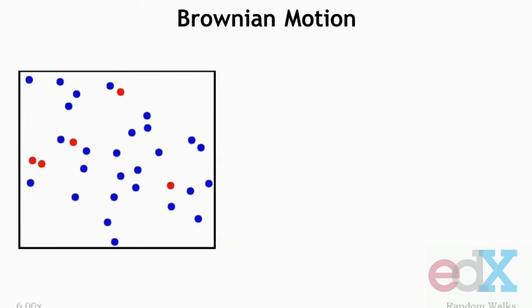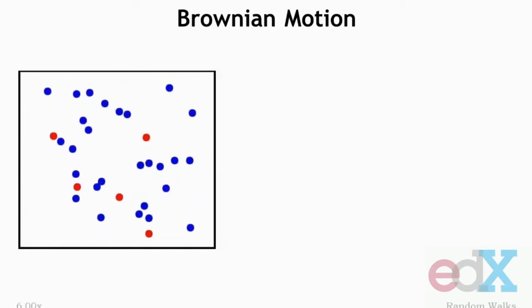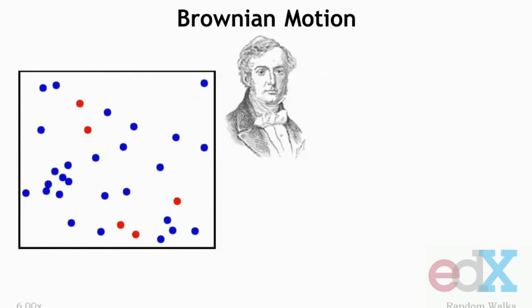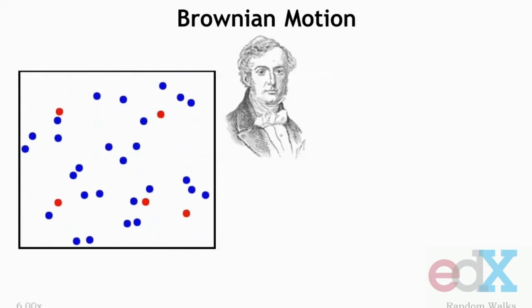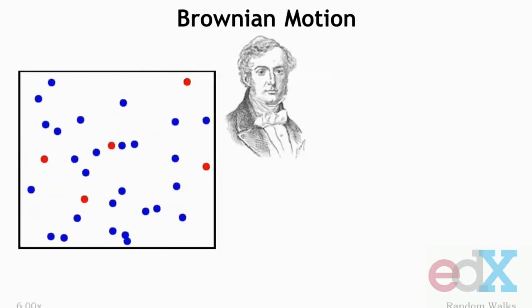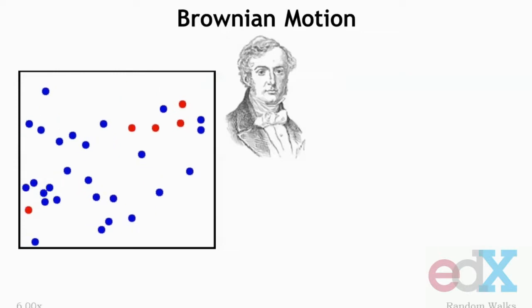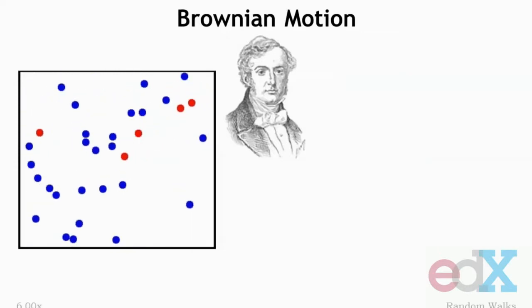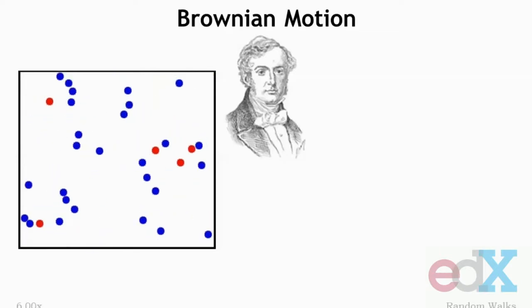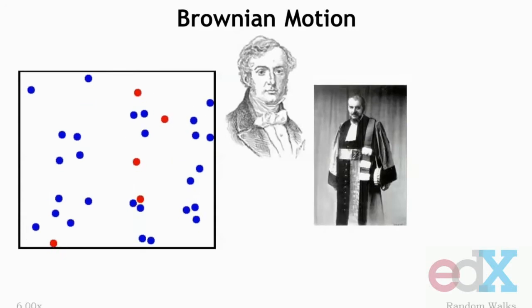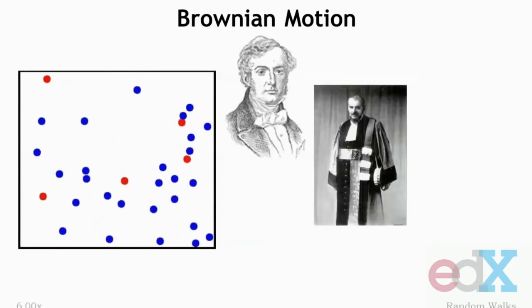on your screen. In 1827, the Scottish botanist Robert Brown observed that pollen particles suspended in water seemed to float around at random. He had no plausible explanation for this so-called Brownian motion and made no attempts to model it mathematically. A clear mathematical model of the phenomenon was first presented in 1900 in Louis Bachelier's doctoral thesis, The Theory